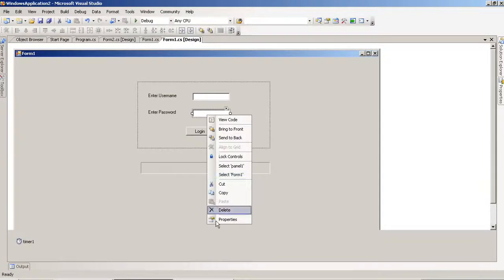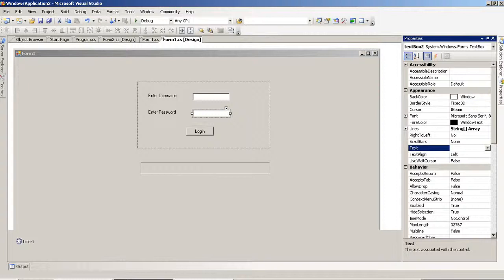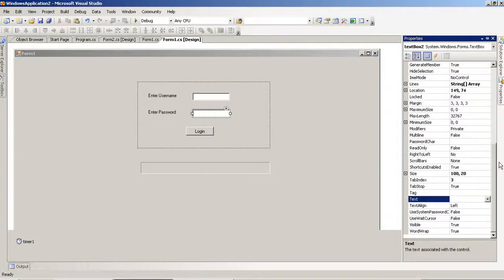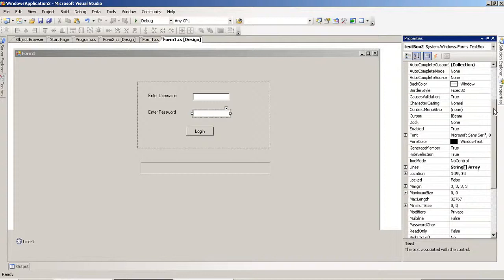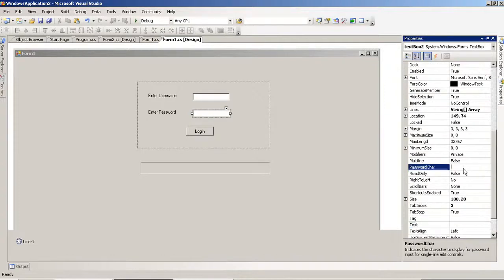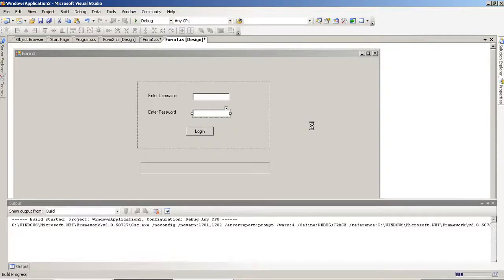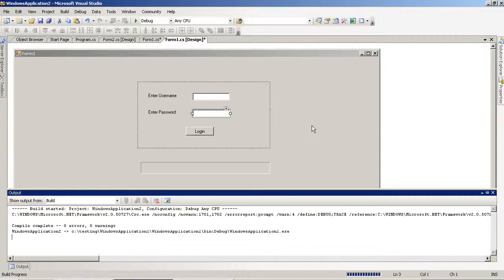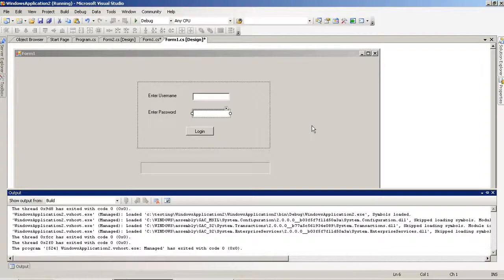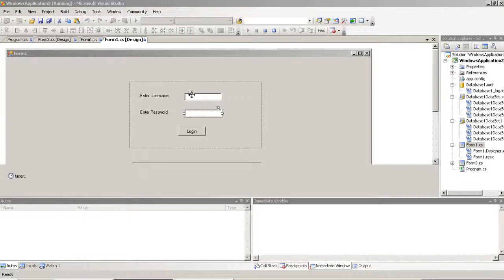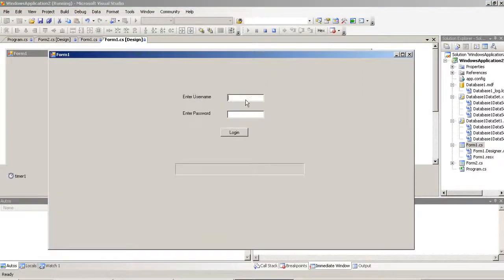In this textbox property, password character, I am using the password character star. Now nobody can see your password. Thank you.